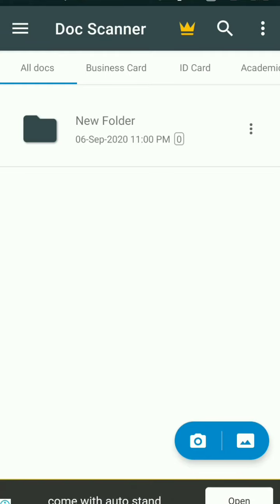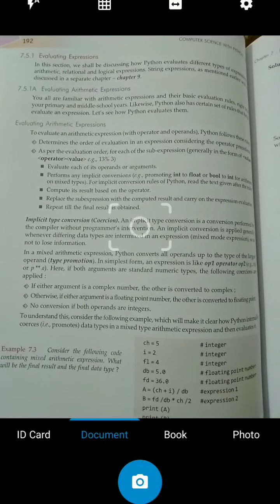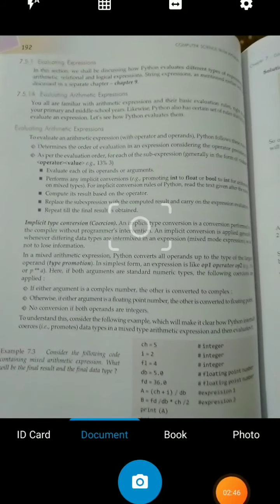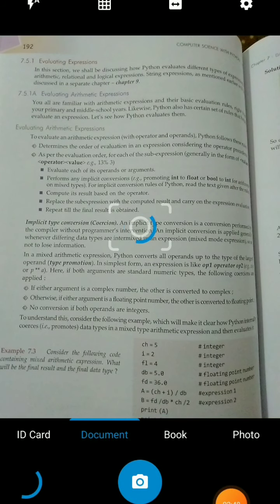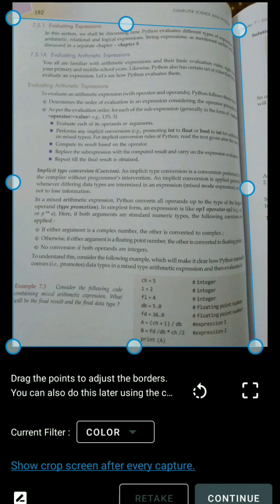You have to click on this camera button, and I am scanning this book page document. You can adjust the edges also. Suppose I don't want this page number, so I will adjust it like this.